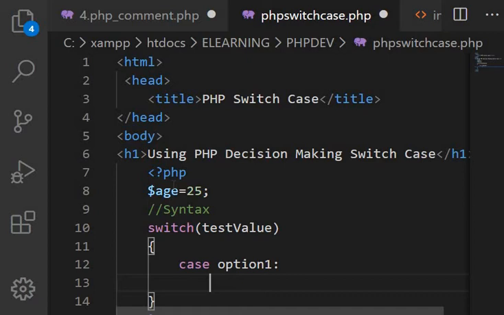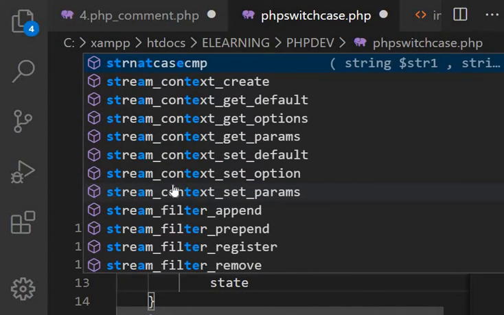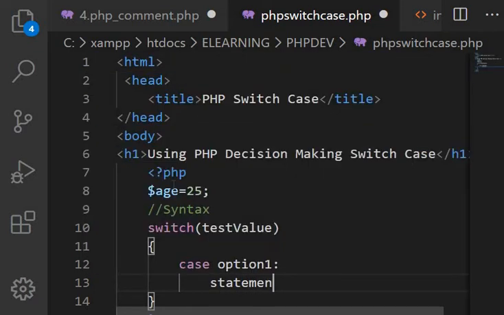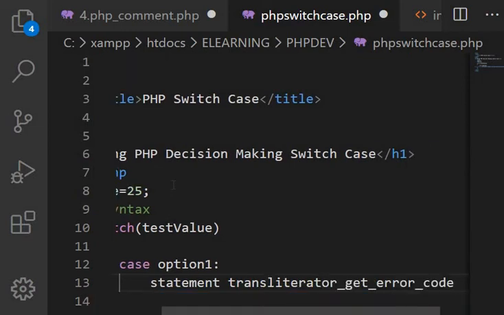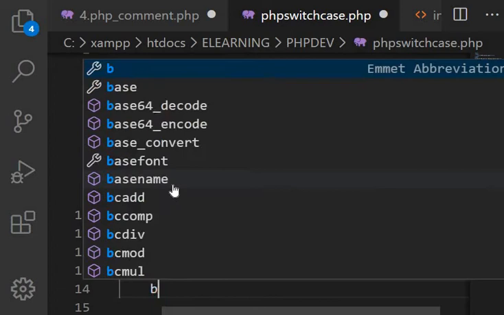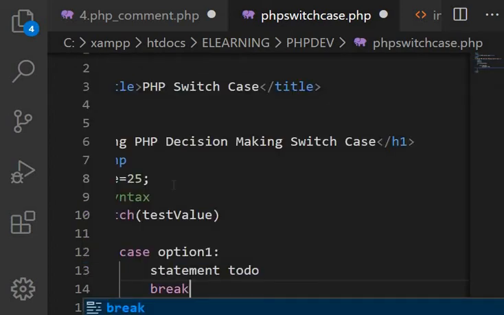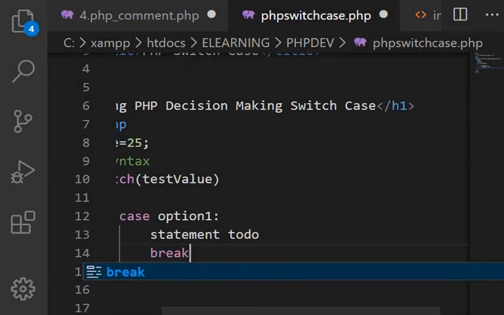Then what do you want to do? Statements. So do, we're done, and we break. Statement, what to do, and we're done. Then break. So the first work here is